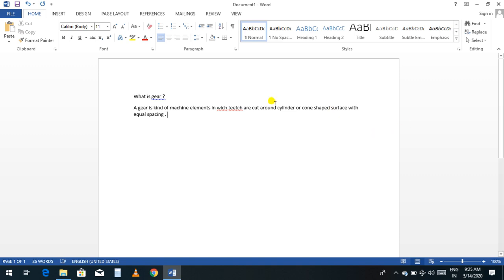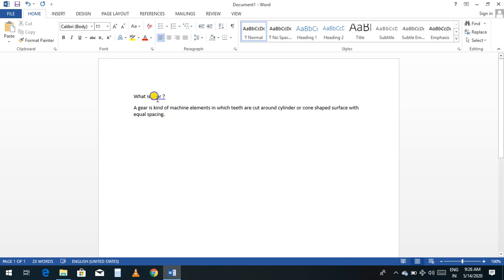It means a gear is a kind of machine element in which teeth are cut around the cylinder or cone-shaped surface with equal spacing.